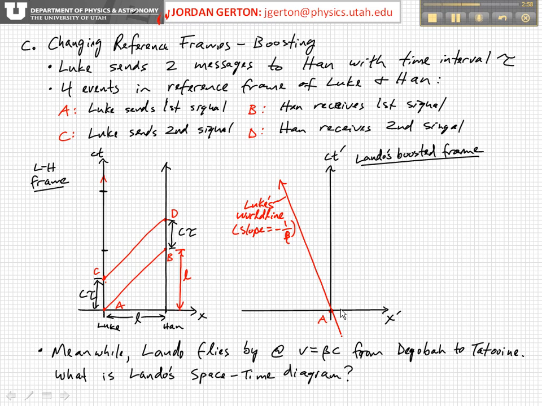Minus because to Lando, Luke looks like he's moving backwards, and 1 over beta because, as we discussed before, world lines in these space-time diagrams have slopes 1 over beta. Now, Han's world line should also have a slope of 1 over beta, but the thing is that